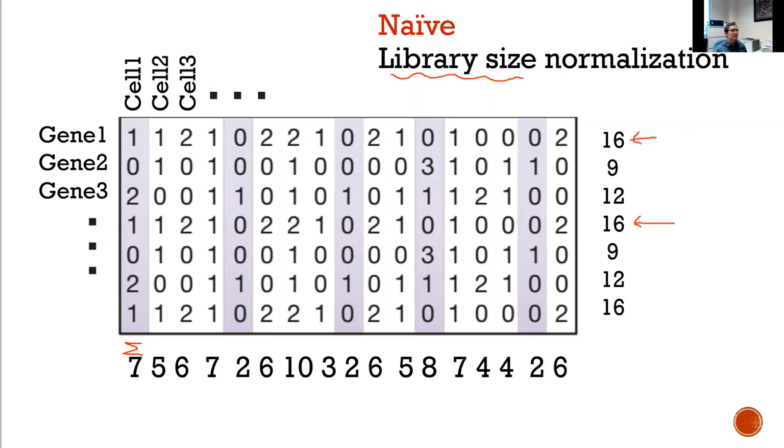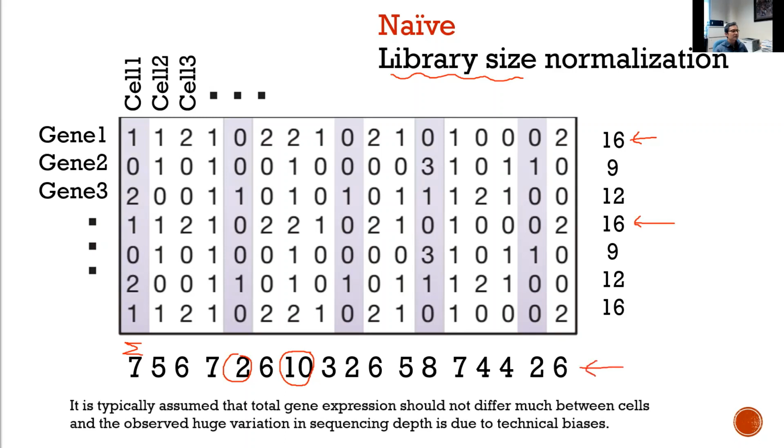However, if you sum the columns, you will see some of the cells have very low library size, because some of them sum to only 2, and other cells have a very high library size. We want to normalize this because the assumption here is a typical assumption: total gene expression, the sum of the expression level across all the genes,